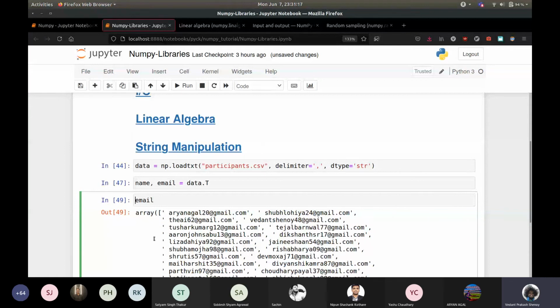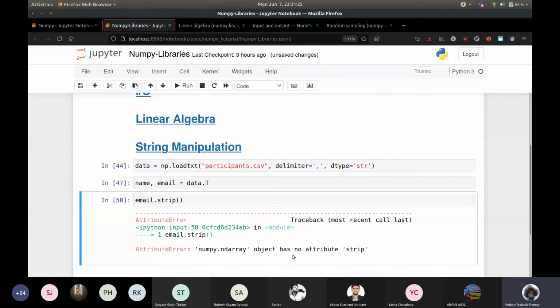Now if you want to strip the white space from the beginning and the end, if you just do strip, then it will tell you that NumPy has no attribute called strip, which makes sense. Strip is a string operation, right? Why would a NumPy array have that? NumPy gives you string manipulation routines.